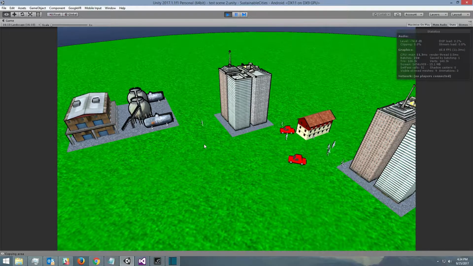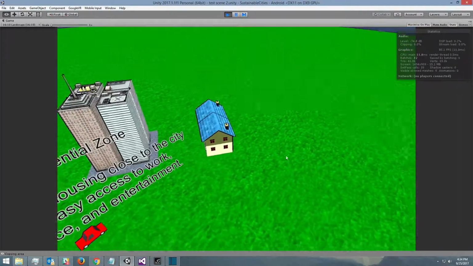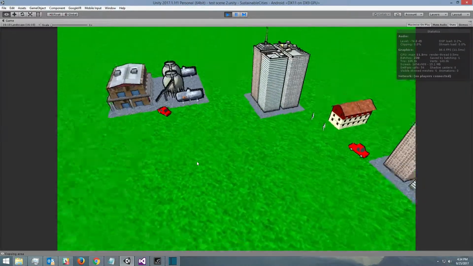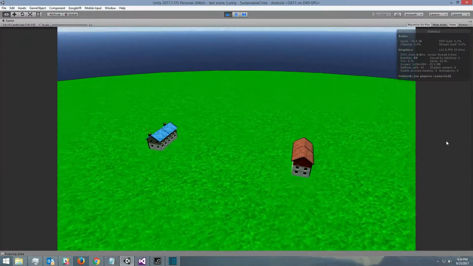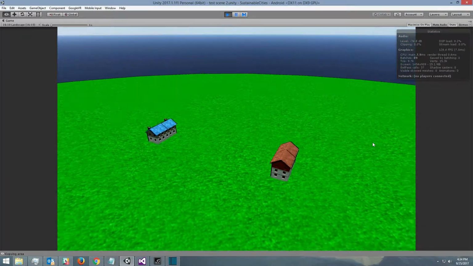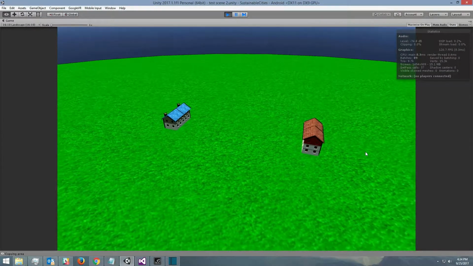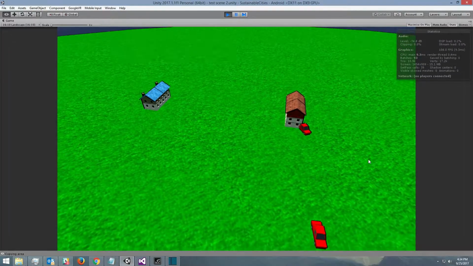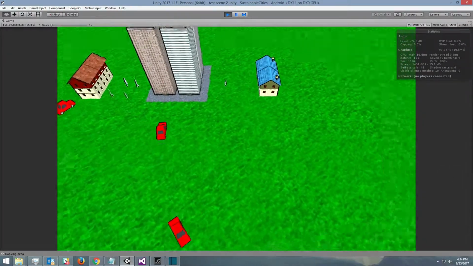Likewise, if you take the residential buildings and place a copy of them far away from the other buildings, they will exclusively use cars to get to their destinations, and this will make a huge difference in the number of cars that are being